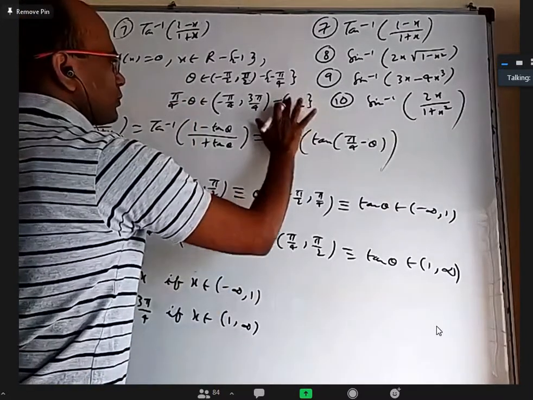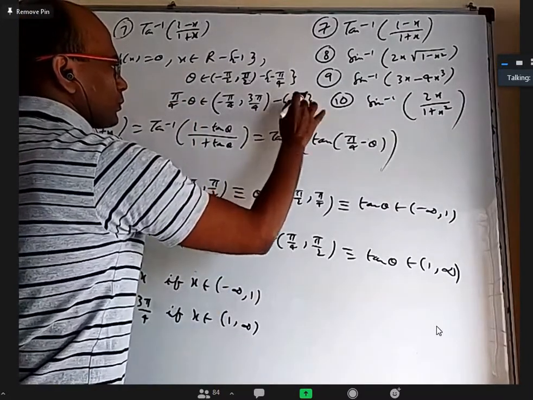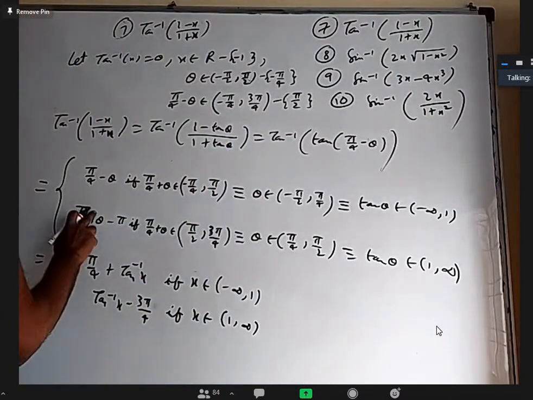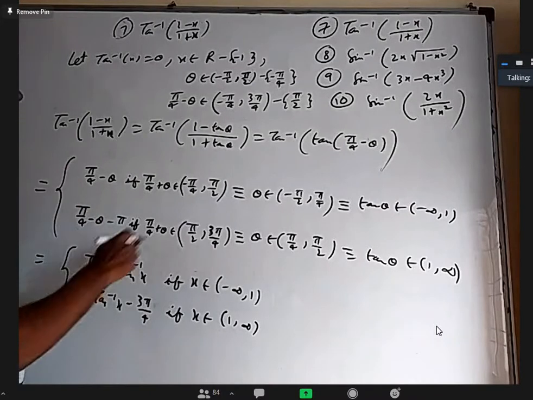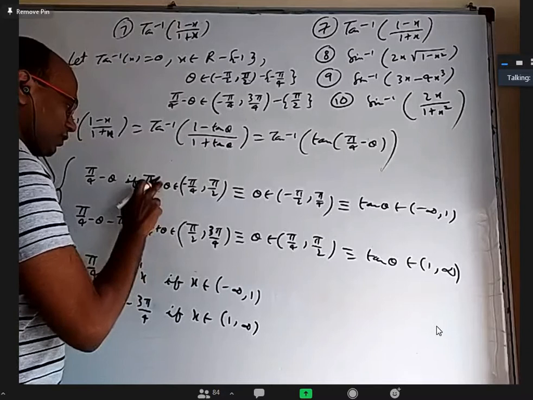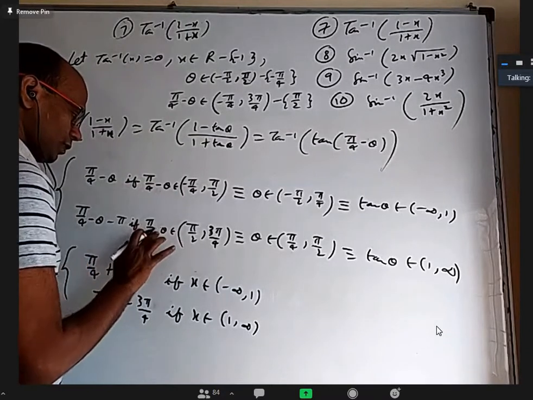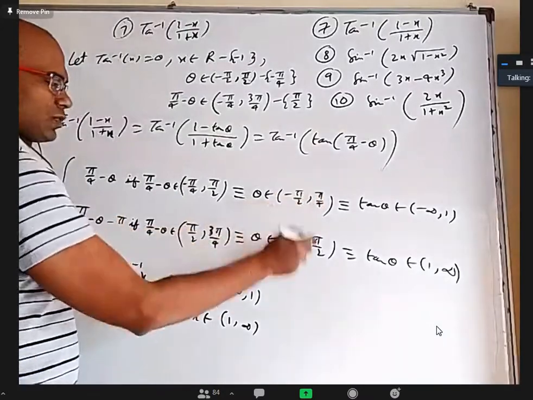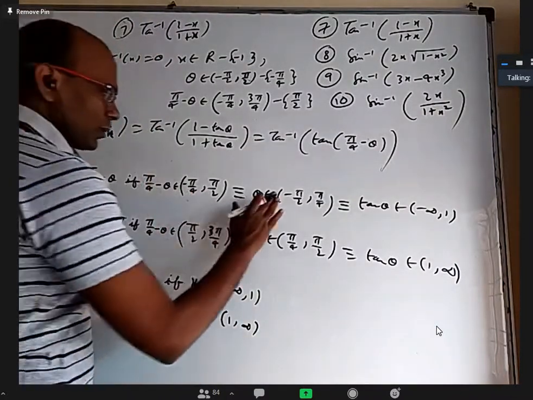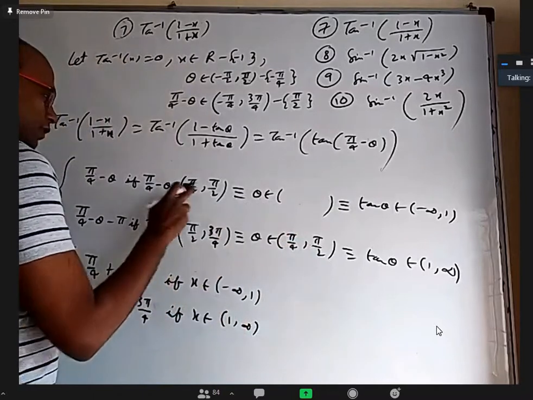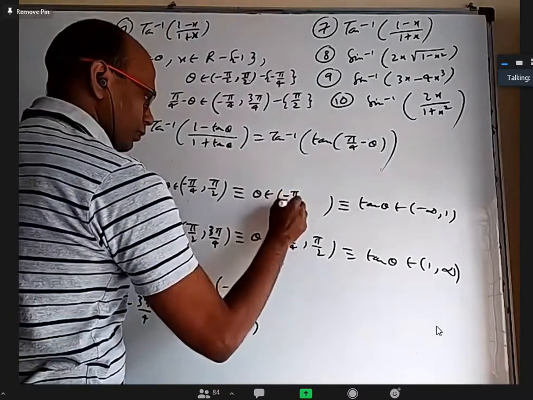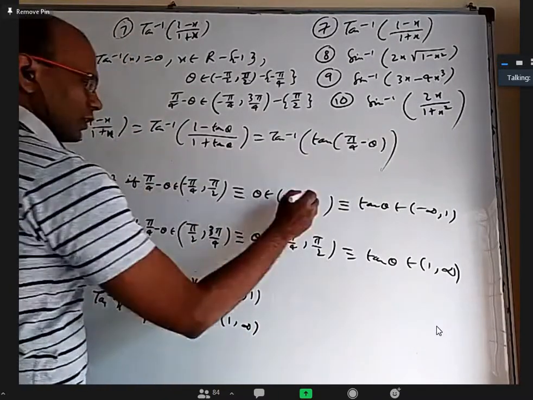This is pi by 2. Sorry. Yes, sir. It should be pi by 2 only. That is pi by 2, but this is same, right? Within minus pi by 4 to 3 pi by 4, this is same. This is pi by 4 minus, this is also pi by 4 minus. These values will change. When is pi by 4 minus theta? It's between minus pi by 4 to pi by 2. When theta equals pi by 2, I'll get minus pi by 4. When theta equals minus pi by 4, I'll get pi by 2.